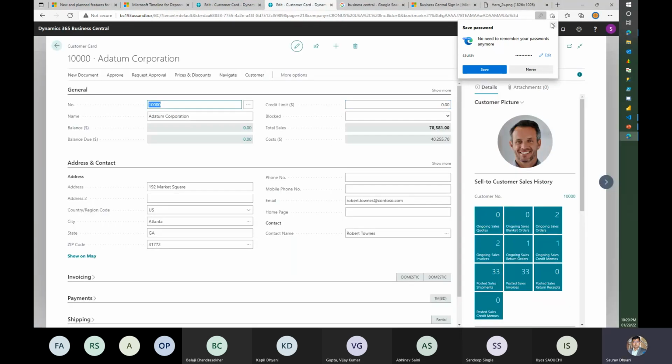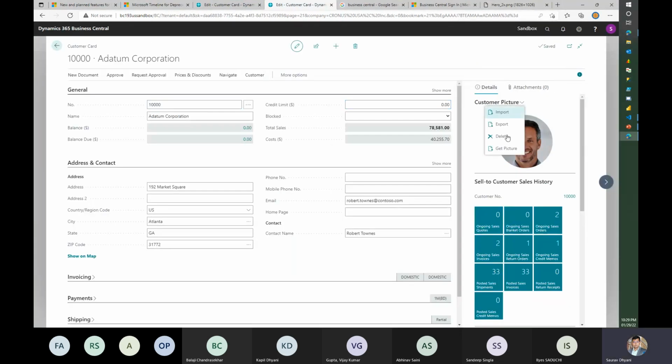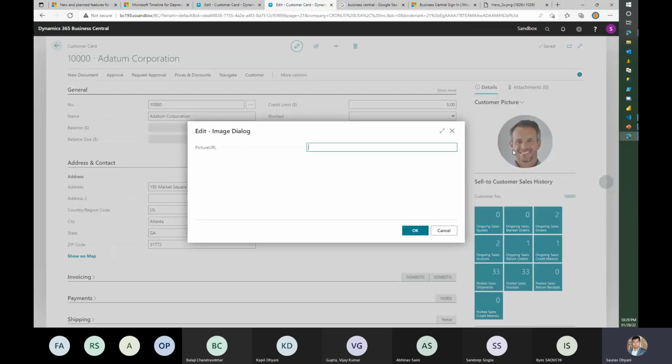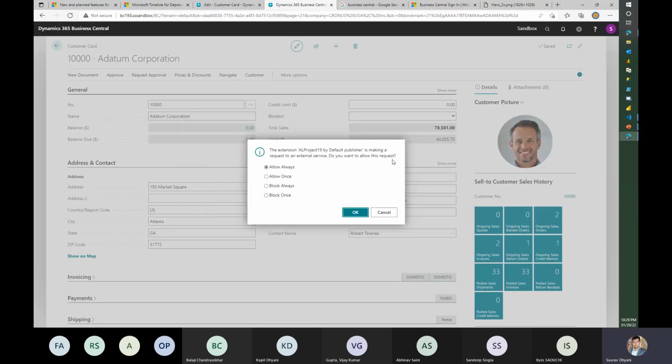Okay. So we added the action here called get picture. So let's do this. It pops up our dialog box and you can make it as fancy as you want. You click on this, and then when you click OK, because it's an HTTP call, it'll ask you, do you want to allow it once or multiple times? And then you can do that. It's in your options. Click OK,